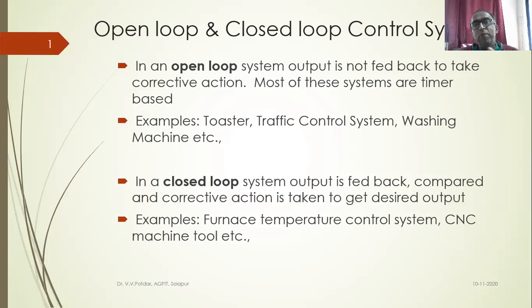So wherever I want very precise usage, maybe silicon wafer manufacturing or a PCB assembling unit, where precision is of utmost importance, I strictly go for closed loop or feedback control. In the rest of the operations, if cost is not the limitation, I can always go in for a closed loop control system, because it is going to give me the best performance always. But if cost is a limiting factor, I need to go in for